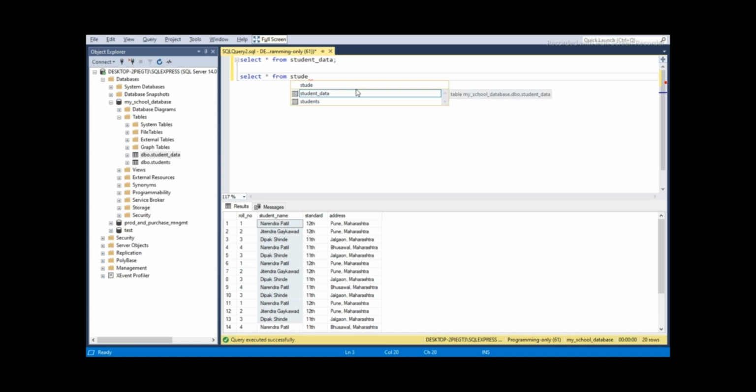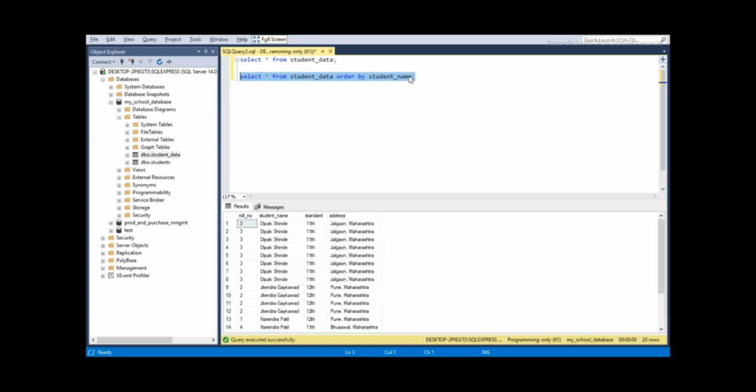So let's try with order by clause. Select star from student data order by student name. By default, there is no need to specify ASC keyword if you want to sort the list in ascending order. So let's try this. We can see all the records are sorted using student name.